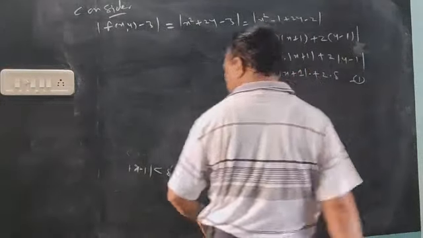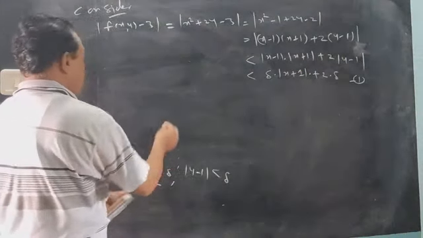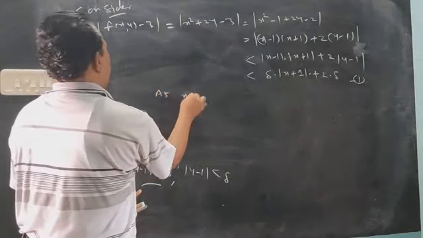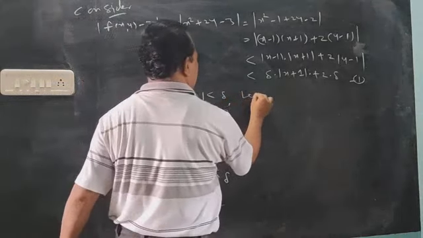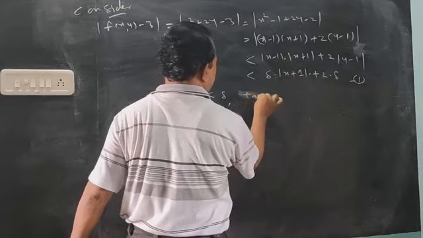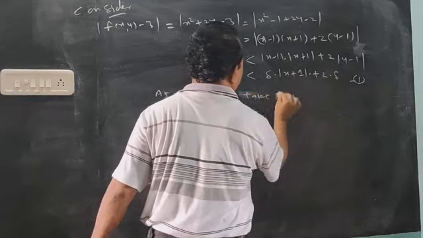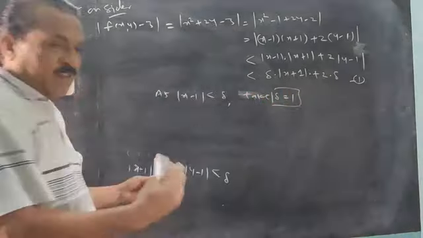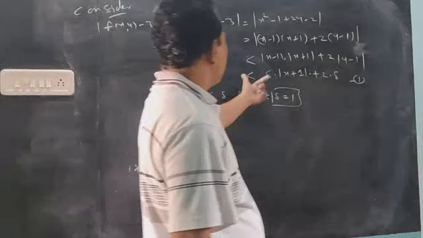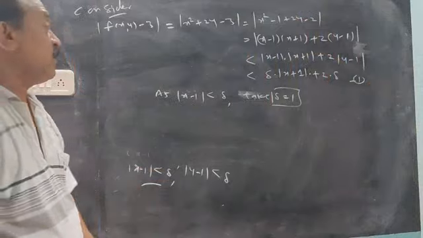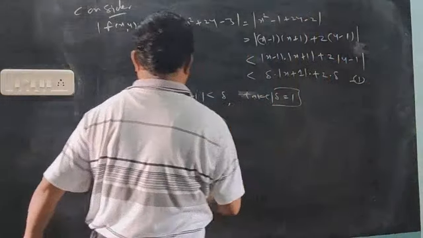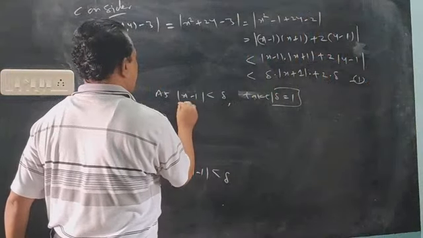So in that case, what is the technique? Here, as the mod of x minus 1 is less than delta, take the standard choice: delta is 1. Remember, in such a situation, where other factors are there that are not from the known factors, choose delta equals 1.